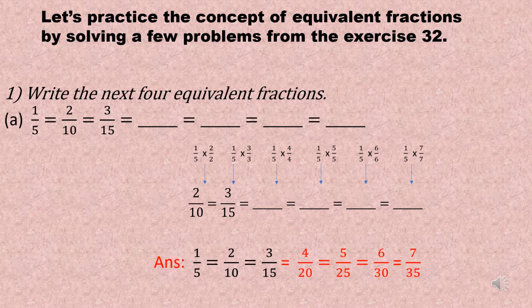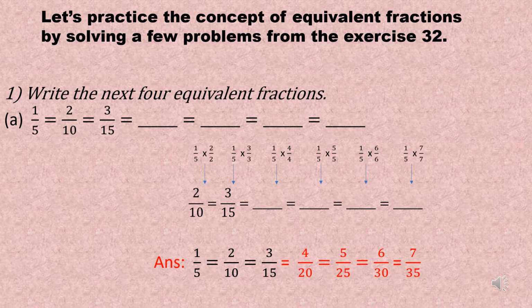When we multiply the numerator and the denominator of the fraction 1 by 5 by 3, we get 3 by 15. Similarly, we can multiply the numerator and the denominator of the fraction 1 by 5 by 4,